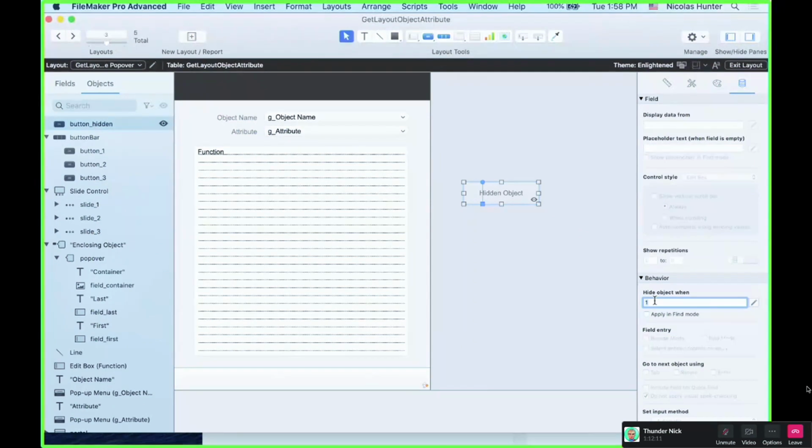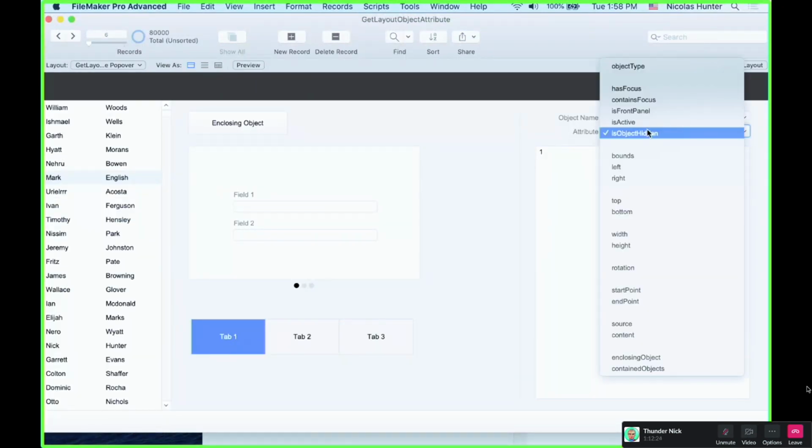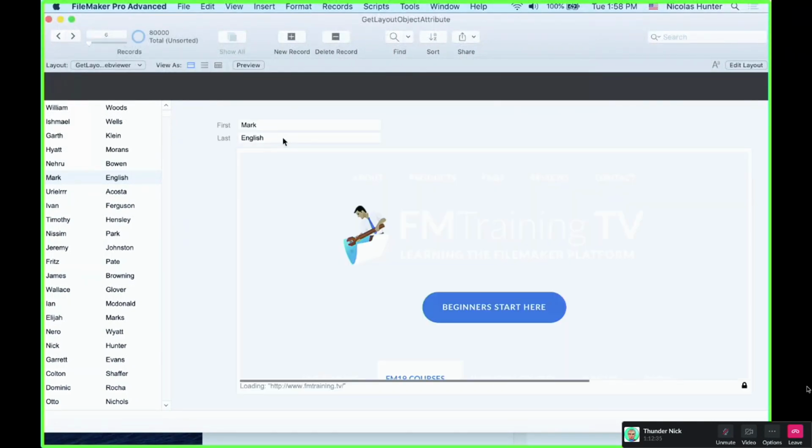So since they had to hide an object because the object is there, they said, hey, why not put that here and make it controllable by the user? That's why we have it. So that is the "is object hidden". Now I want to talk really briefly, but we can come back tomorrow, about one that